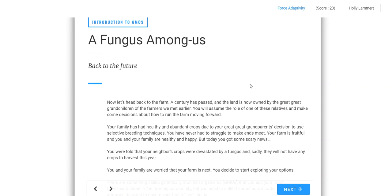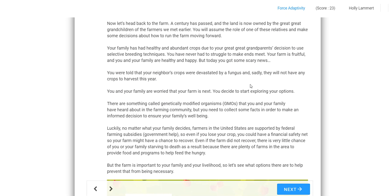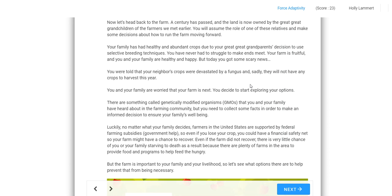A fungus among us, back to the future. Let's head back to the farm. A century has passed, and the land is now owned by the great-great-grandchildren of the farmers we met earlier. You will assume the role of one of these relatives and make some decisions about how to run the farm